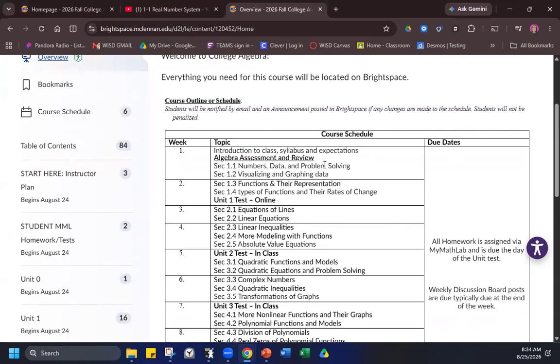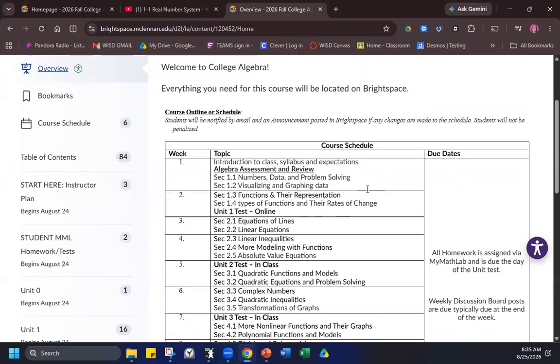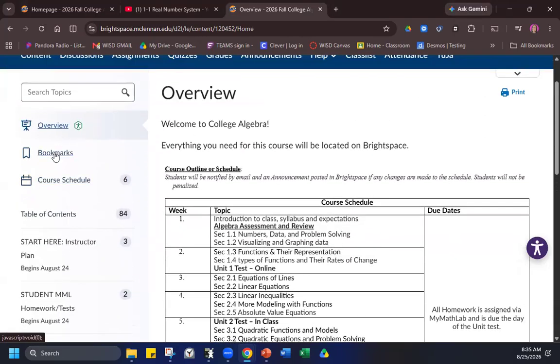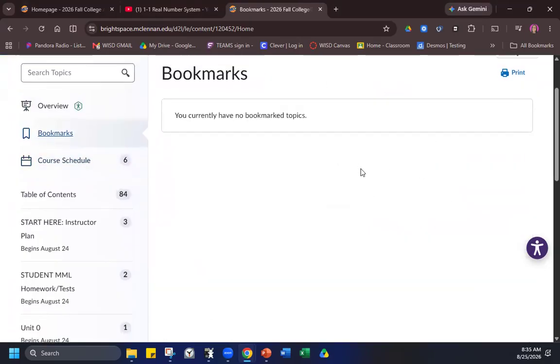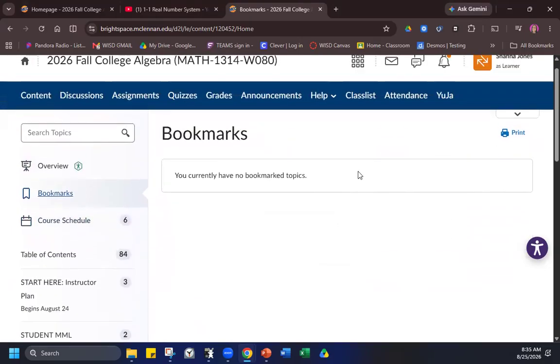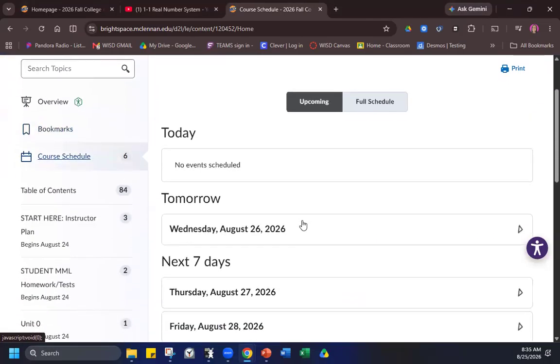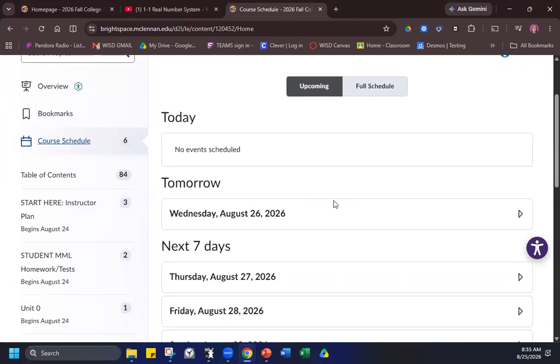It's meant to be a collaborative space so that you can help each other, talk to each other, and navigate through. Next, you can set your own bookmarks. As you're learning and you're like, oh, I want to come back to that, make it a bookmark. If it's a place you stopped at, create a bookmark within the course so that you can come back to that spot and pick up where you left off. That's pretty helpful.